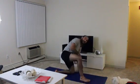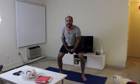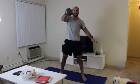So this is the sequence, guys. It's only 7 exercises and normally I do 3 rounds of them. So just a recap, it's this one, that's one. With only one hand,